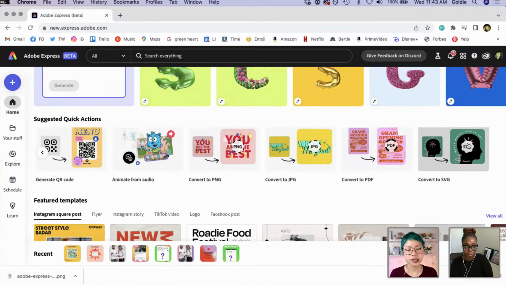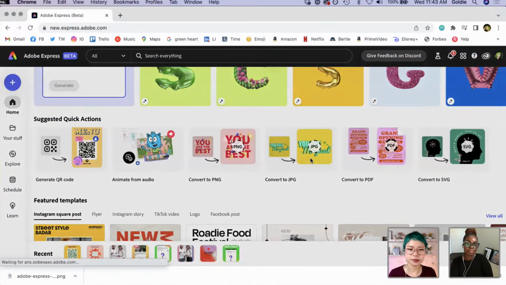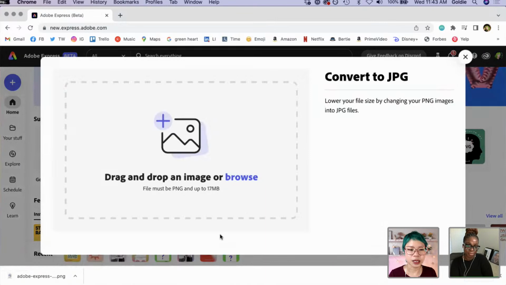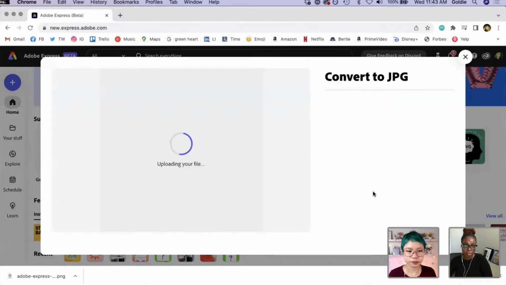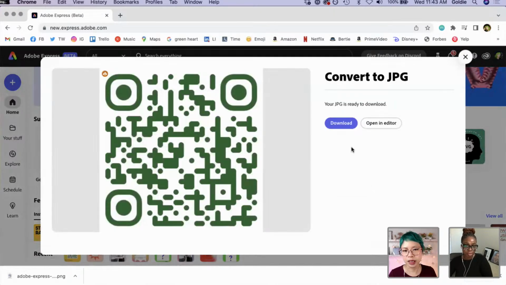It's so easy. If somebody asks you for JPEG format, you can literally drop it in. Let's do it right now. If somebody wants you to drop in an image, I can take this PNG, and it's already open. It's already ready, which is so neat.